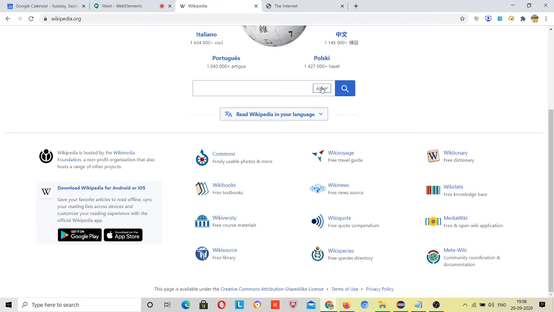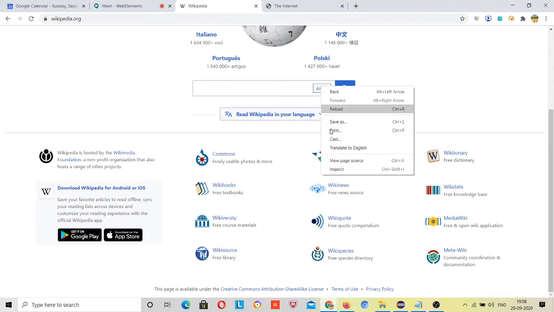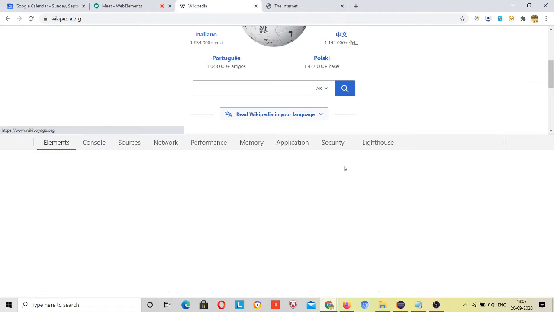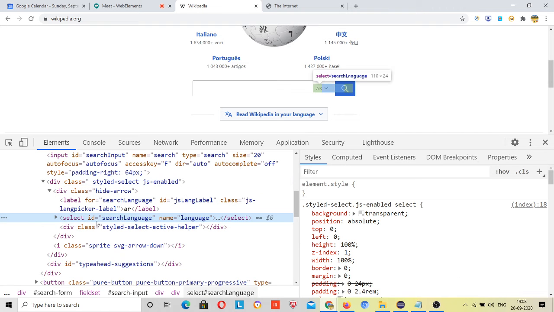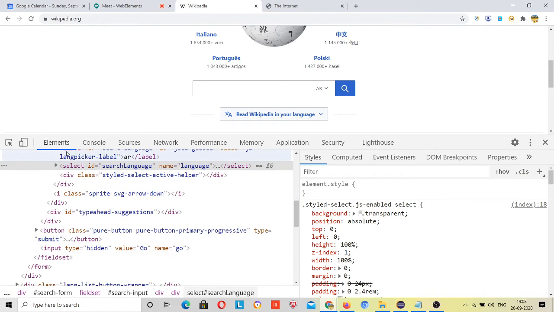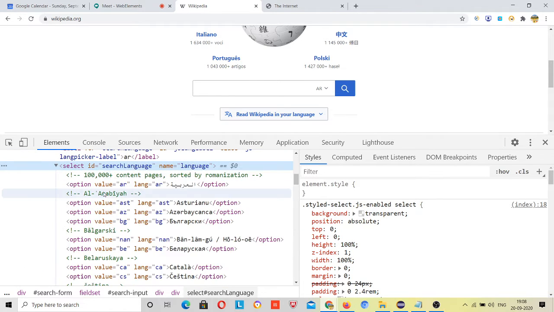If I click here on Wikipedia and inspect this, then see, this is your select class, right? So the select class has option values, right? Option values. If I explore this, then see, option.